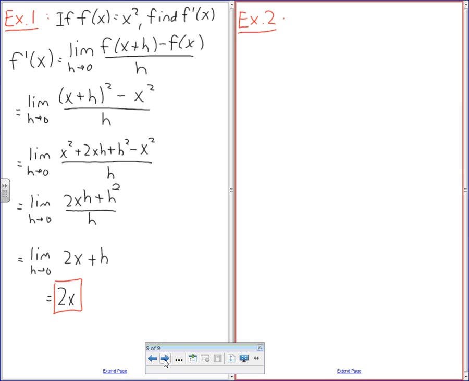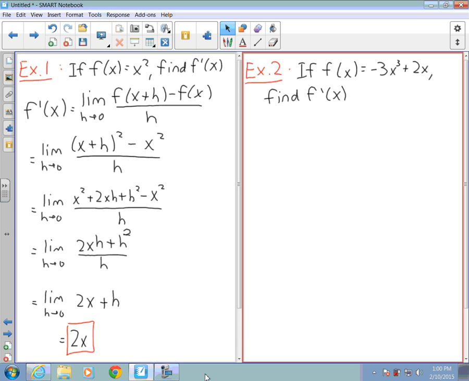Okay, so remember that. We're going to say if f of x equals negative 3x cubed plus 2x, find f prime of x. And then pause the video. I want you guys to do this. This will be a little bit bigger. Michael, I think I might even go to a single board here for you, because this is going to be. So